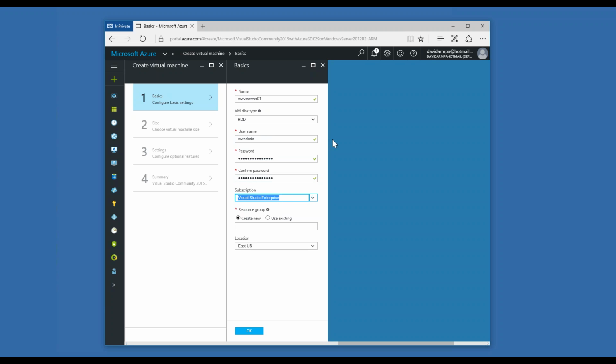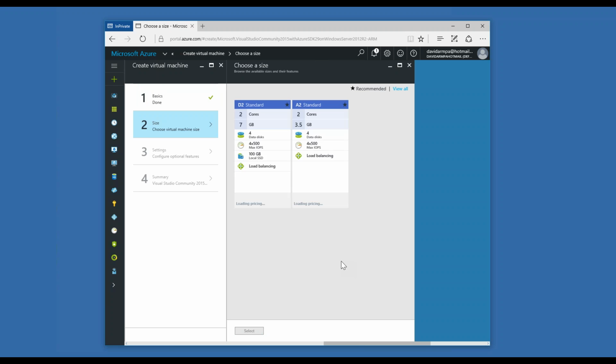This is the subscription I'm working with. For resource groups, I'm going to use an existing one, and this allows me to manage the machine as well as manage these machines as a group. Think of this as kind of like group policy for domains, but it's really just managing the machines as groups. The previous iteration had classic VMs, and they were all managed in a single instance.